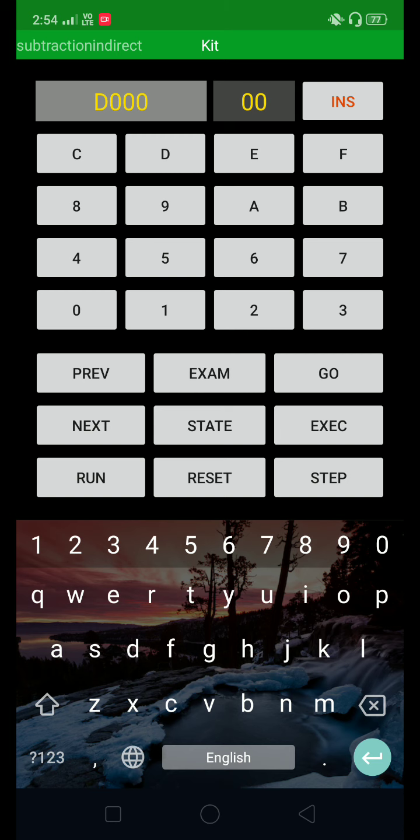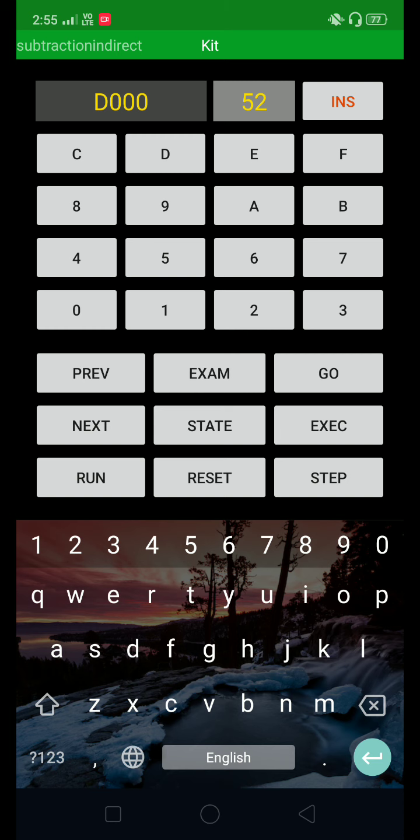and at this location, suppose the first number that we already discussed during the discussion of the program, suppose 52. Just click on the 00 digit, type 52, okay. Now 52 is available at location D000. Then the next number, that is number 2, 31, you have to store at the next location, that is D001.